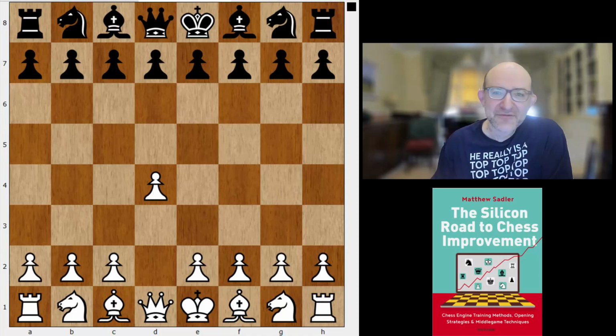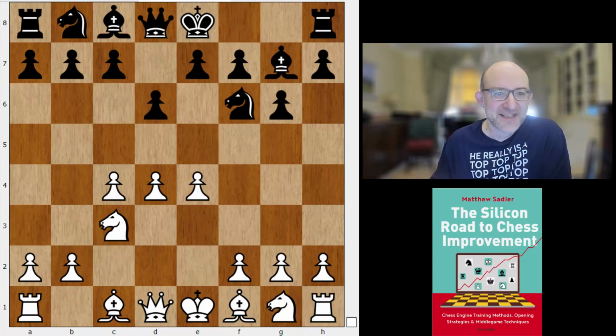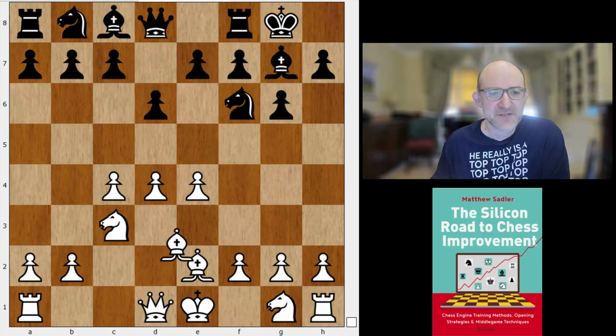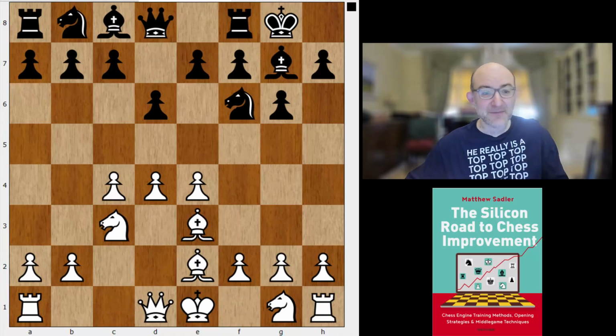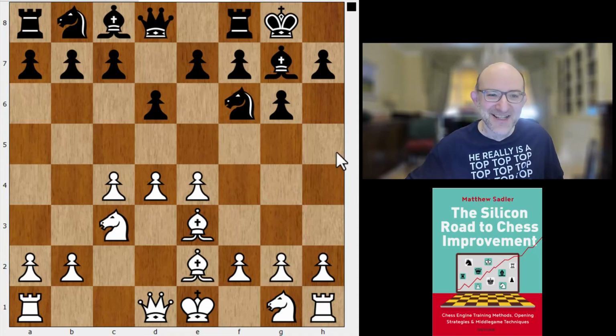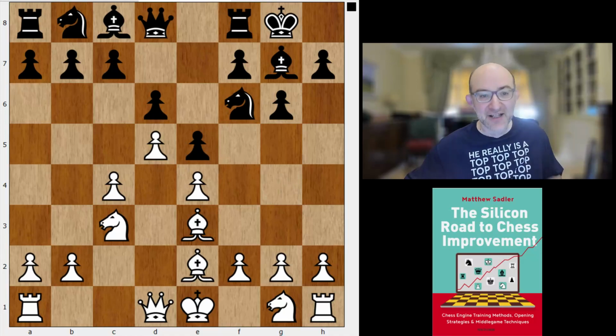It was 1.d4 Nf6 2.c4 g6 3.Nc3 Bg7 4.e4 d6 5.Be2 O-O 6.Be3. Very topical line. What's the main idea of it? The main idea is to actually be able to play a quick g4, h4, g5, h5 if Black plays the typical move e5. So after e5 we play d5, and then we can follow up with g4 and h4 and g5 and h5. And not having played the knight to f3 and having the bishop on e2,